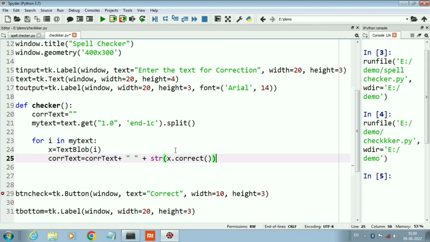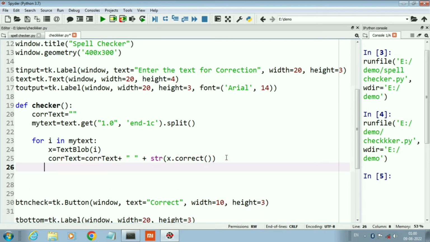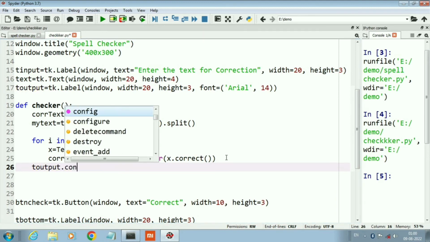Before concatenation, we will convert that TextBlob into a string by using the str command. In between two words, I am also placing a blank space. This process will be performed for all the words of our string.